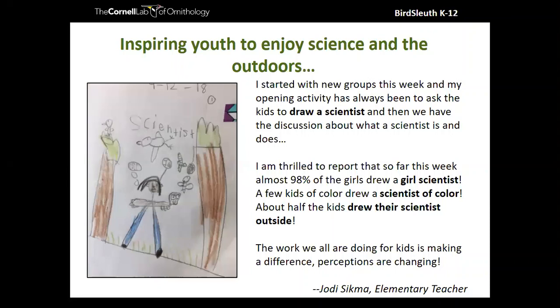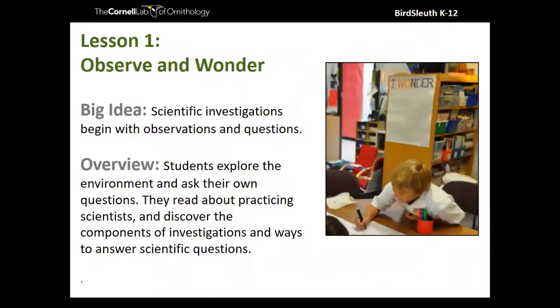And I love this image because this is a young girl of color who's saying that she's a scientist, and there's a bird flying over her head. And that right there, she's like, that's gold. That's what we are trying to instill in our kids, that they themselves can be scientists. So right there,